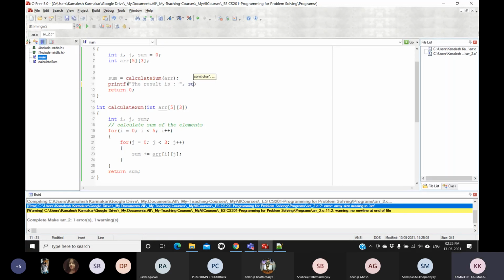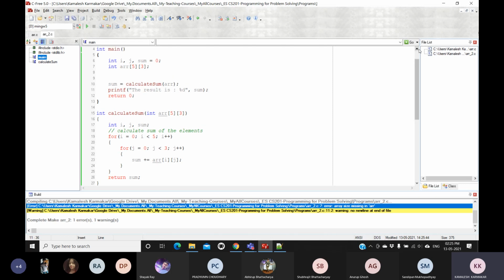Sir, there will not be an error, sir. The sum variable is a local variable, no, sir. If you do it outside, independent. Can you repeat your question? The sum variable is not globally declared, sir. It will not work in both functions, sir.